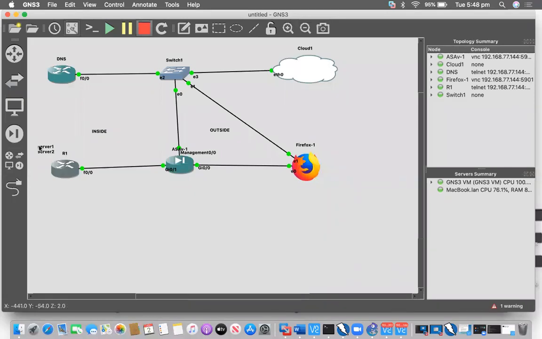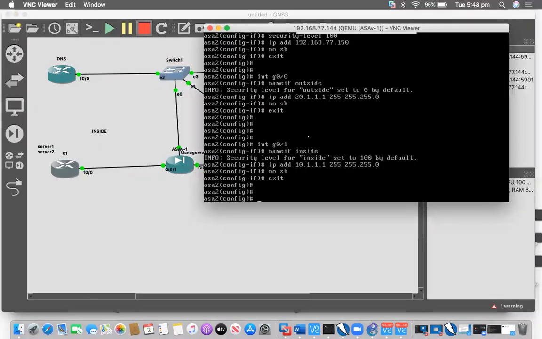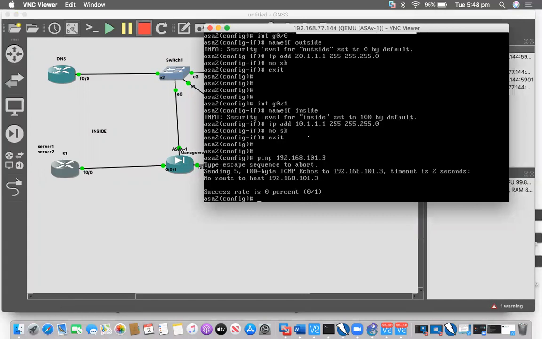So now I should be able to access server 1 and server 2, because if the client wants to access server 1 and server 2, first the ASA should be able to access them. So server 1 address, I ping 192.168.101.3. You see that there is no route.